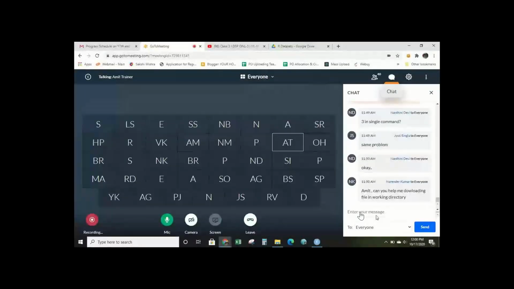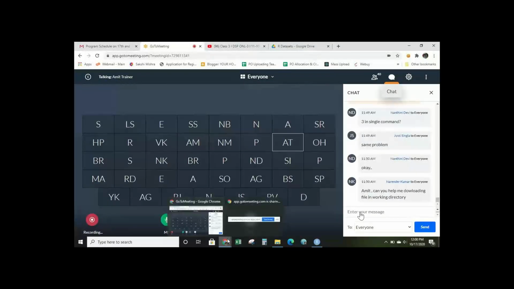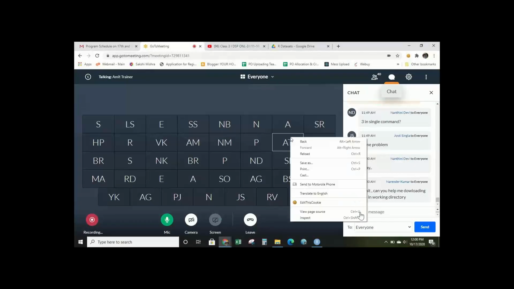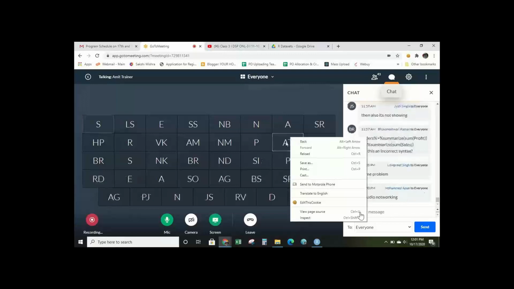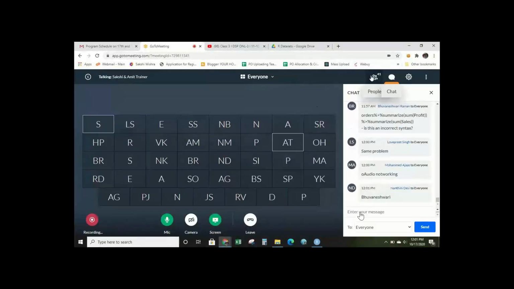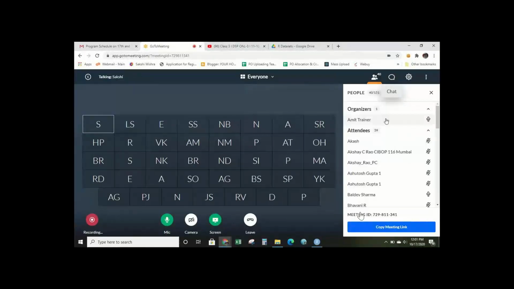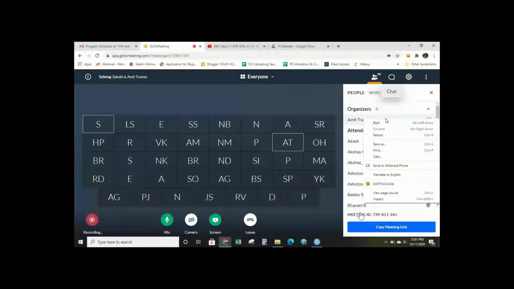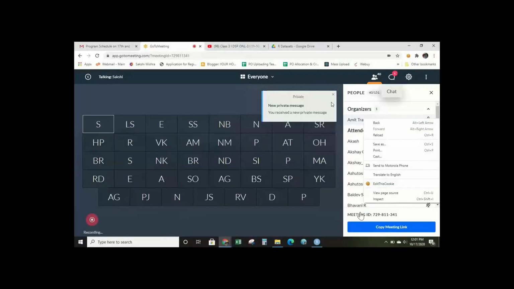Okay, just right click against my name. At the top you see participants, next to chat and all. Now over there the second name, right? I'm not getting that option.